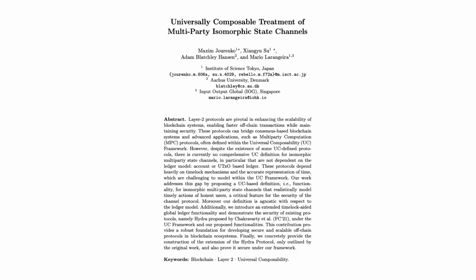Exactly. And that's precisely why the paper's first major contribution is so critical. They propose a completely new UC-based definition, a functionality they call F-CH, specifically designed for these fast isomorphic multi-party state channels. The real breakthrough here is that F-CH is deliberately agnostic with respect to the ledger model. Think of it like a universal translator for what a transaction achieves, the change it makes to the state of the world, rather than focusing on how that change is recorded. It doesn't care if it's updating an account balance or spending a specific digital coin. It focuses purely on the transition of states, regardless of the technicalities of the implementation of such states.